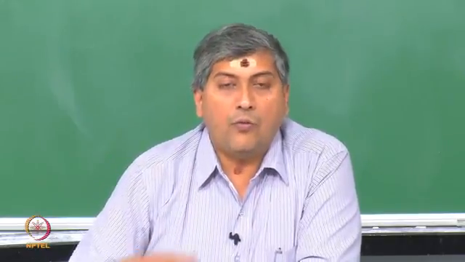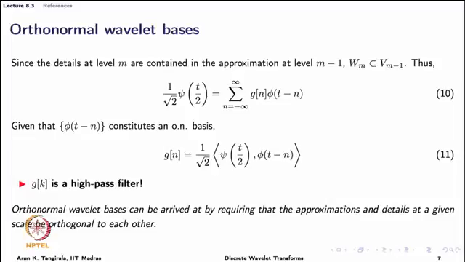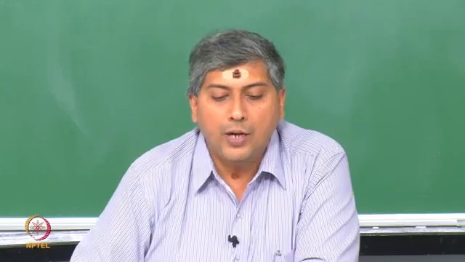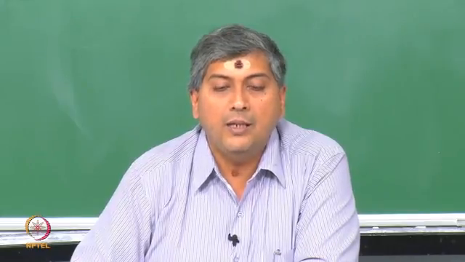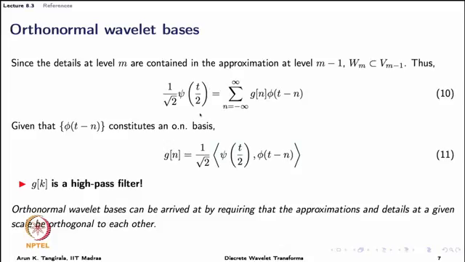And in terms of the imposition on psi, for psi to be a high pass filter, we have already discussed that many times in CWT. The value of the Fourier transform of the wavelet at omega equals 0 should be 0. Now, this g can be computed once again as an inner product between the wavelet at scale 2 or level 1 and the scaling functions at level 0. Because phis are orthonormal, I have a nice expression for g. Once again, this has got to do with the projection property associated with the orthonormal basis. So, g is a high pass filter.